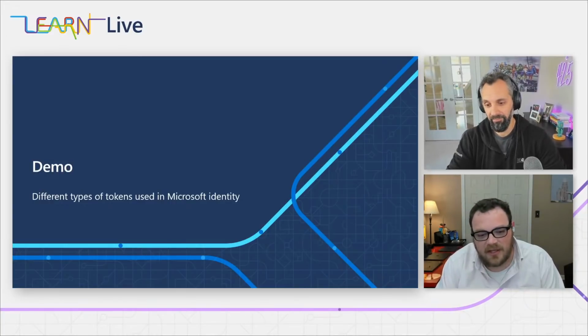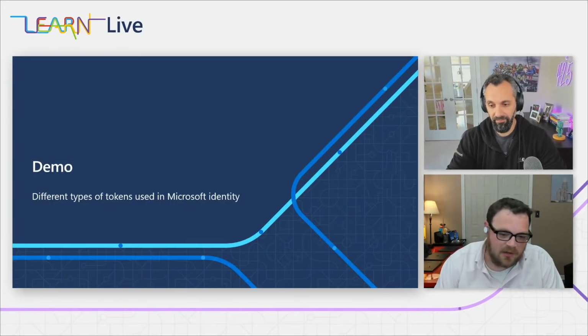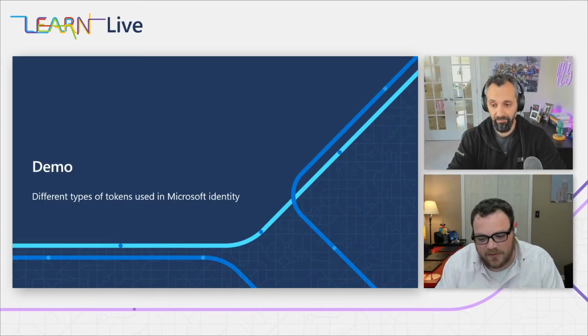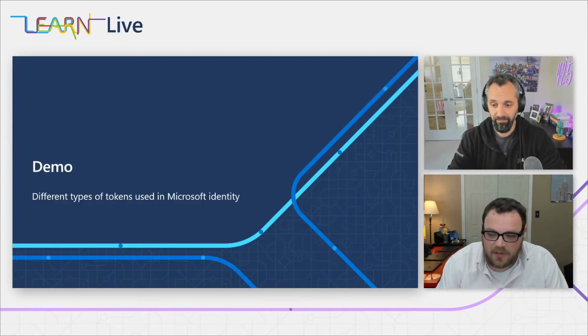Typically what we see is the ID token is used by a web app, and that web app may call some other APIs. Now, if this is a browser app, for example, that's a little bit different because a browser app is going to be JavaScript or Blazor or whatever, and it's still going to get an ID token. But in the case of a browser app, that browser app's running in the browser, and thus you can't trust anything that it's doing. So the access token that you get to call your backend API, your API is the